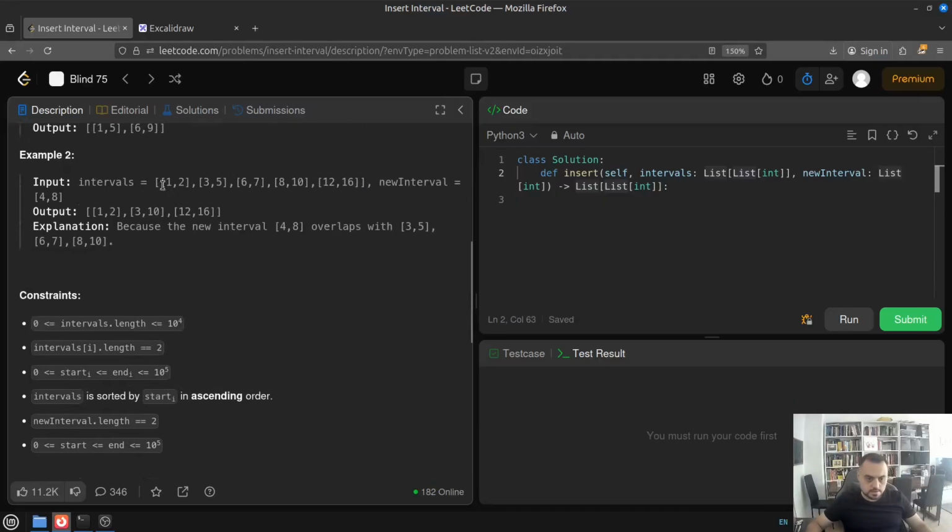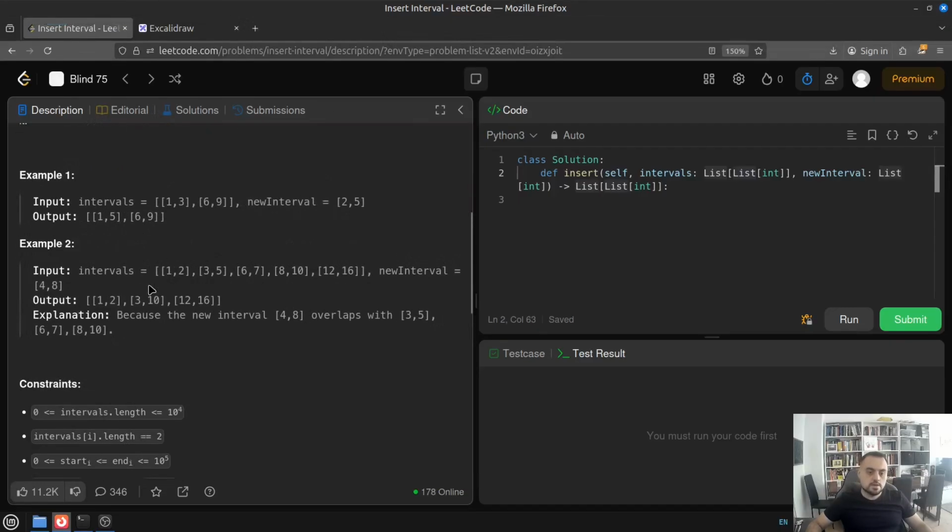The next example has many intervals: 1 to 2, 3 to 5, 6 to 7, 8 to 10, 12 to 16. And we have new interval 4 to 8, which overlaps with many of them, with 3 to 5, 6 to 7, 8 to 10, and all of them are getting merged into this single interval 3 to 10. So let's maybe